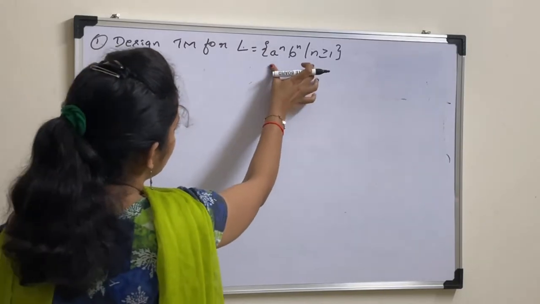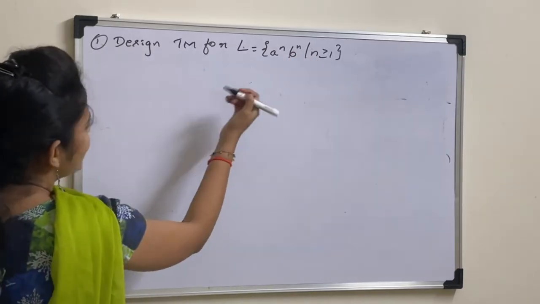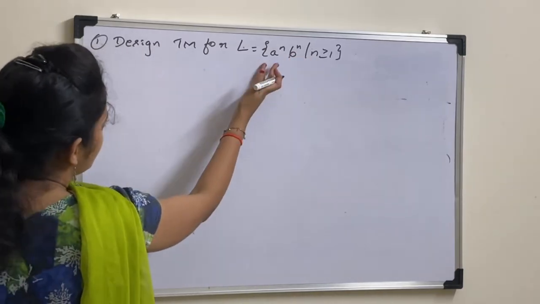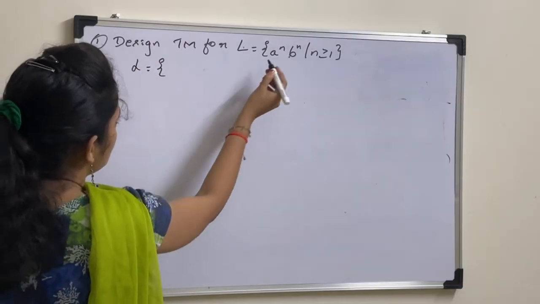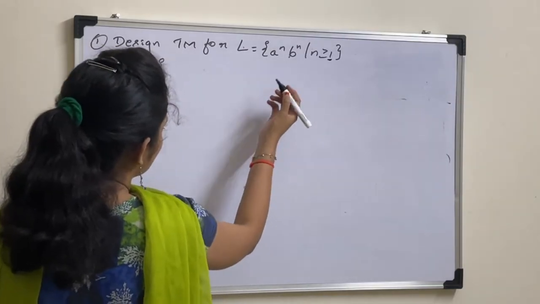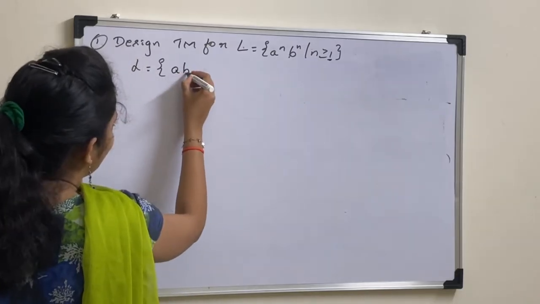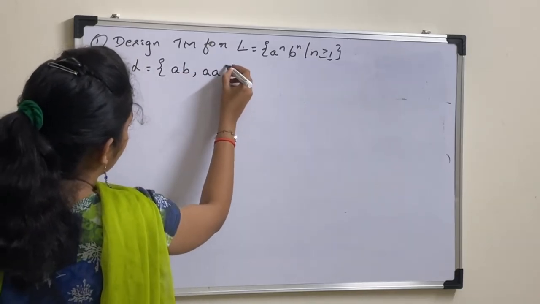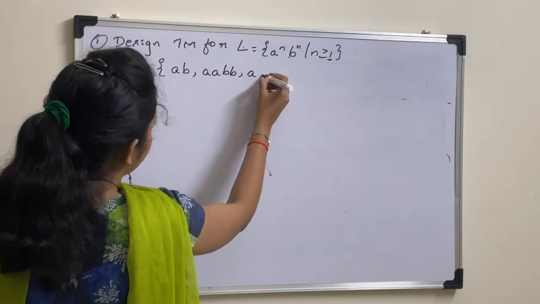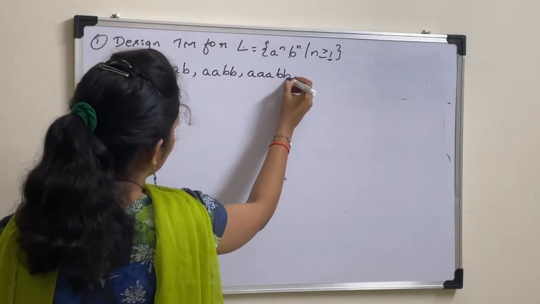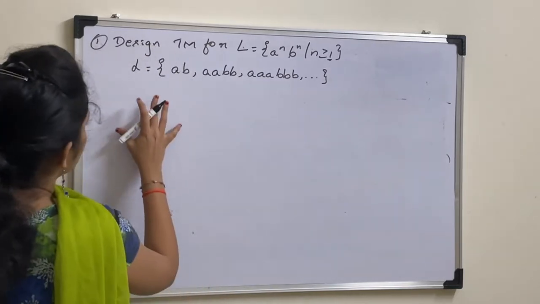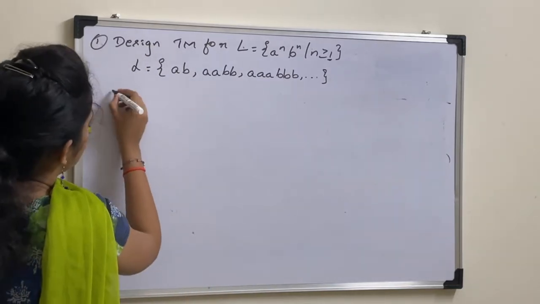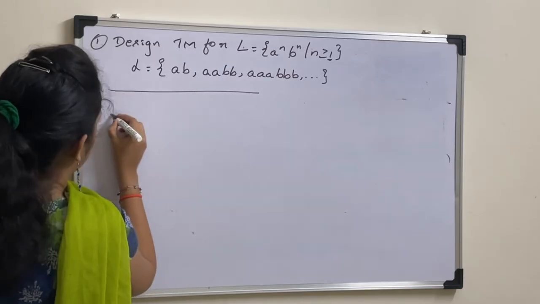Design a Turing machine for this language. So first you need to derive strings for this language. As the n value is 1, the minimum string will be AB, and you can have AABB, AAABBB, and so on. So the first thing is, let us take the tape,